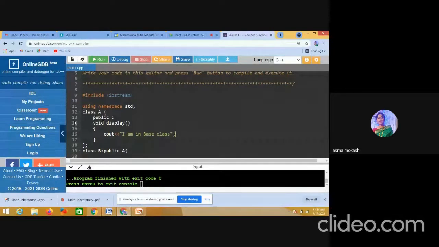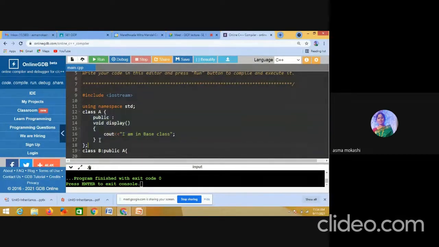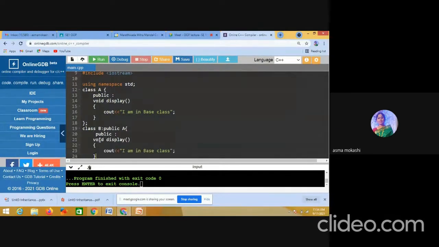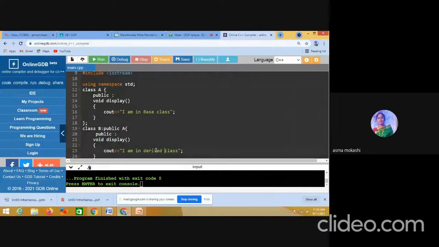So I have created one method display, and the same name method we already have in the derived class, which is printing "I am in a derived class". My return type is also the same, the name of the function is also the same, and the number of parameters is also the same, zero and zero.